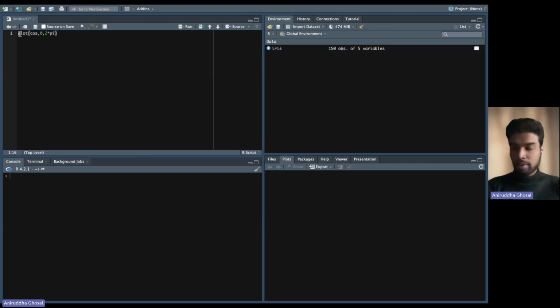So what this particular line mentions here is that we are trying to plot a curve, a cosine curve, which is starting at 0 and which is ending at 2 pi. That is, we are providing the limits as well. So now if I want to plot this particular curve,